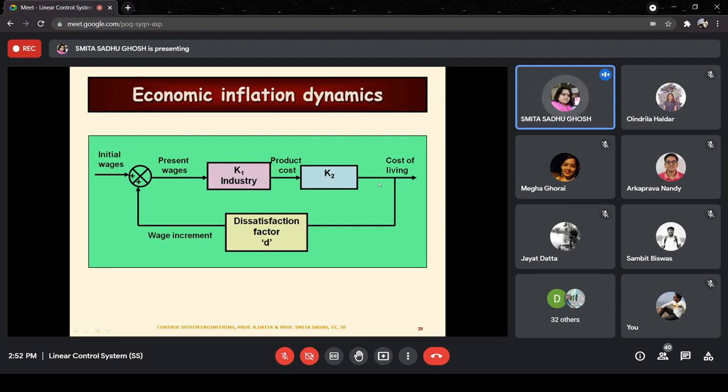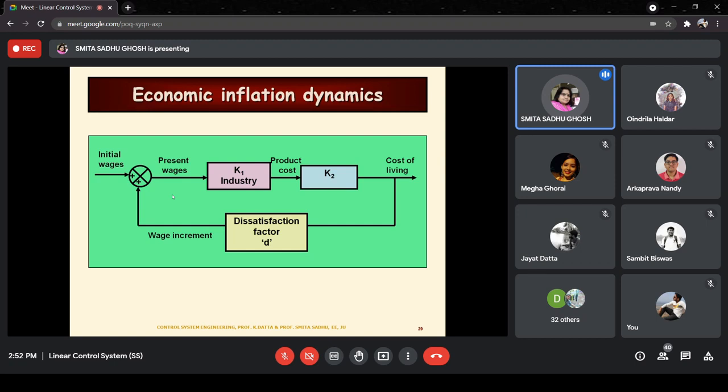So now in this process, you find that this is of course a closed loop system again, because you see that there is a feedback over here. However, the feedback over here is a positive feedback. Positive feedback means what? The initial wage that you see over here, with that, this feedback signal is going to be added and you get the output of this summer over here. So this is an example of a system which has positive feedback.